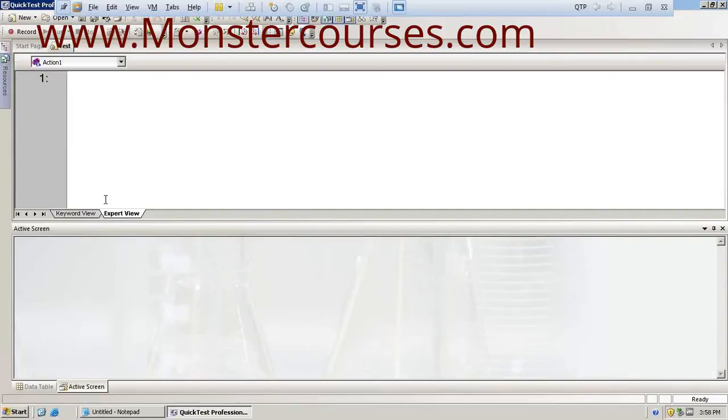In order to test the login page with both valid and invalid scenarios, the first step is you have to open the browser and enter the URL. Once you get the login page, you have to enter the username, enter the password, and click on OK. This process has to be followed by the tester in manual testing.